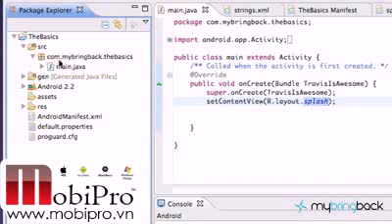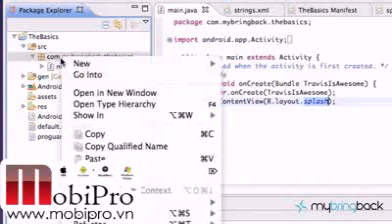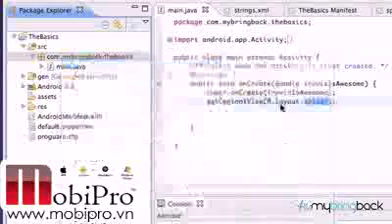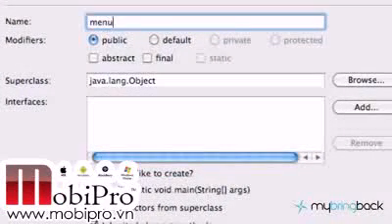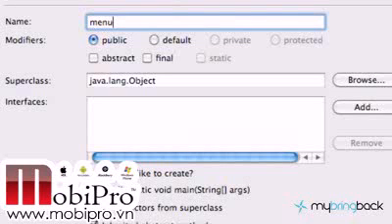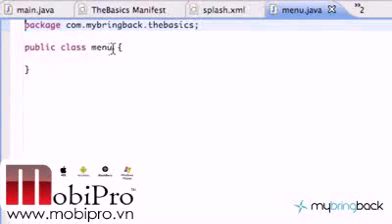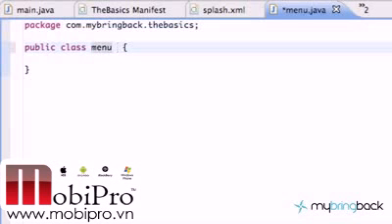You're going to go into your package, right click, and hit new class, and we're going to say this is a Menu class because it's going to be a menu with buttons, all that good stuff. Just type Menu and hit enter or finish, whatever you want to do. And again, we want this to be an activity so we can use those methods that I just went through. So how you do that is just extends Activity,